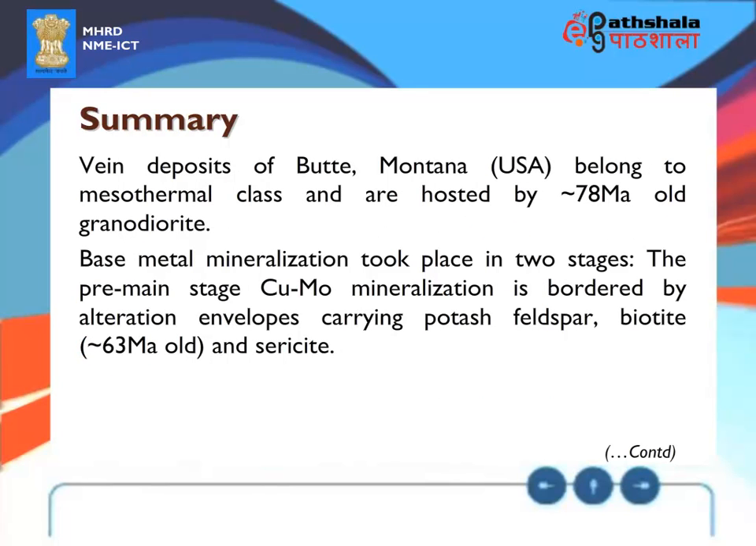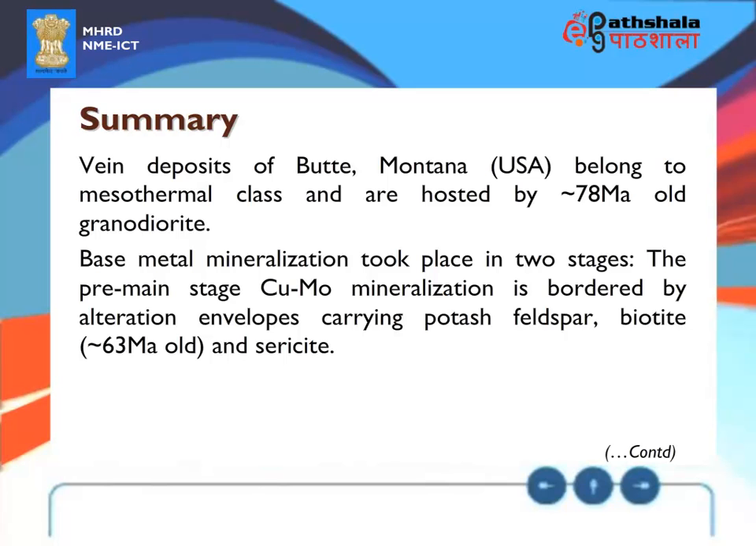Vein deposits of Butte, Montana, USA belong to mesothermal class and are hosted by about 78 million year old granodiorite. Base metal mineralization took place in two stages. The pre-main stage, copper molybdenum mineralization, is bordered by alteration envelopes carrying potash feldspar, biotite, about 63 million year old,